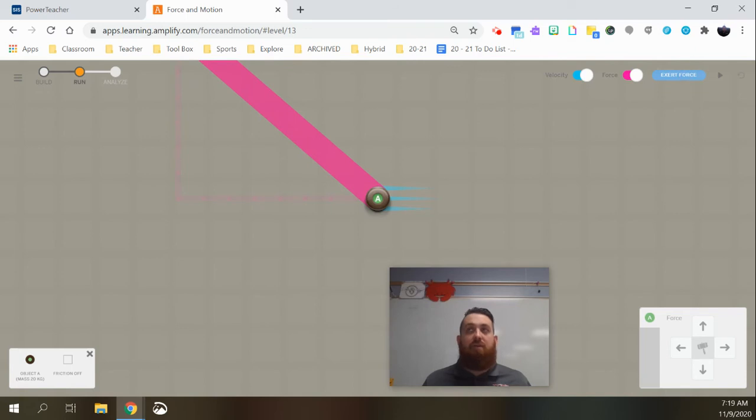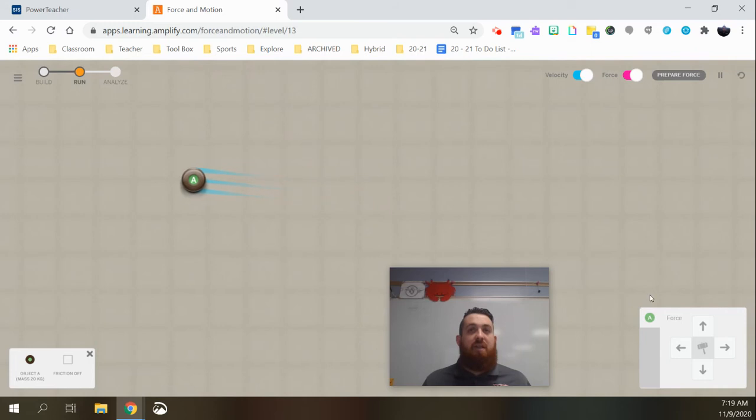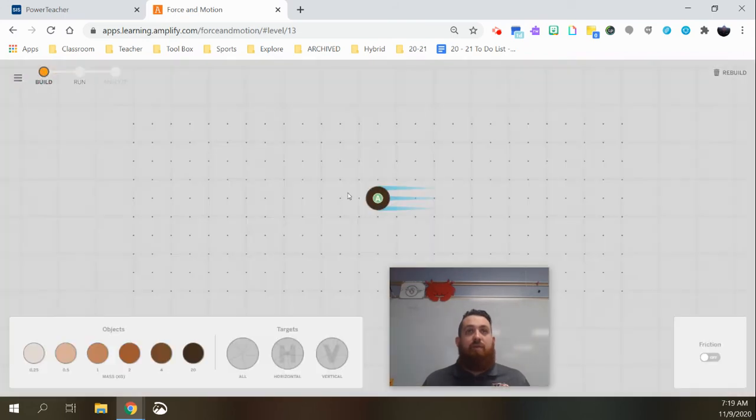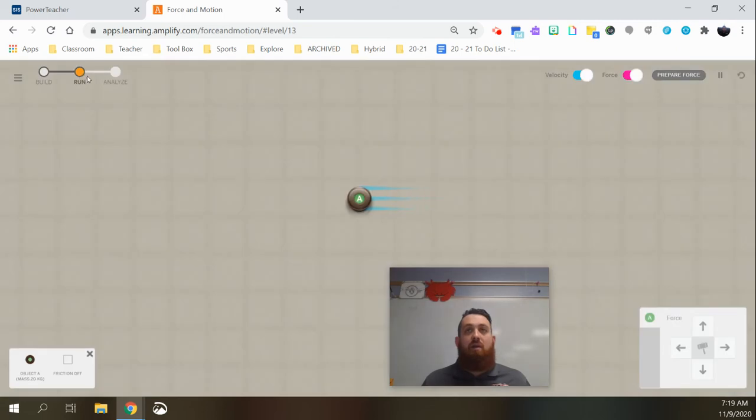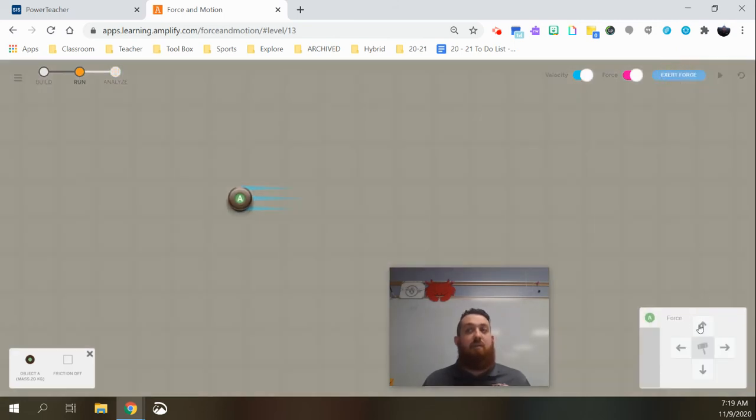And when I hit exert force, more specifically play, I begin to see a change in the object's velocity, a change in its speed, a change in its direction. So notice we were able to do two things. From the very start, we gave it a specific velocity. When we hit run, we were able to pause that. We were able to prepare certain forces that we could add to it at different times in its motion. And when we did that,